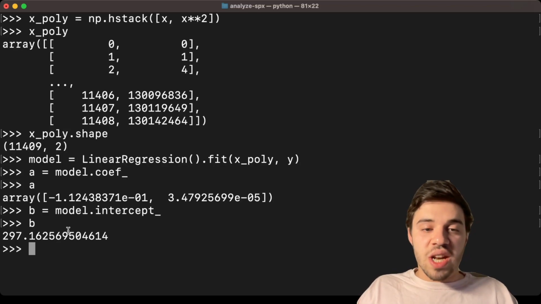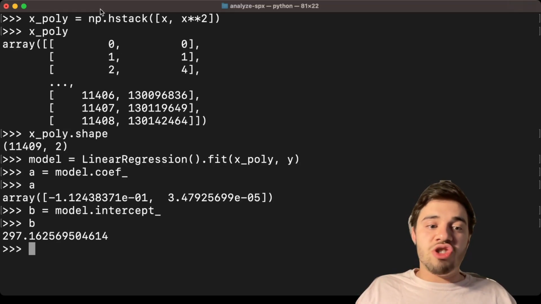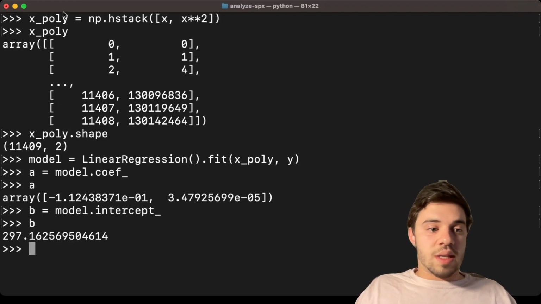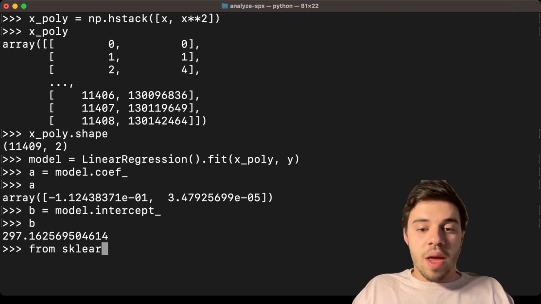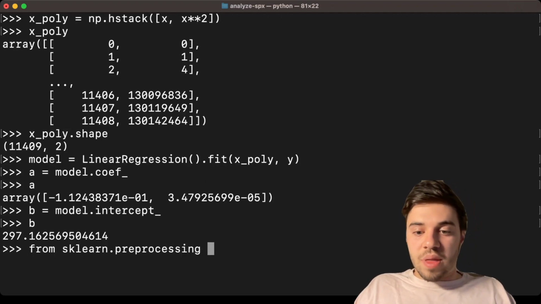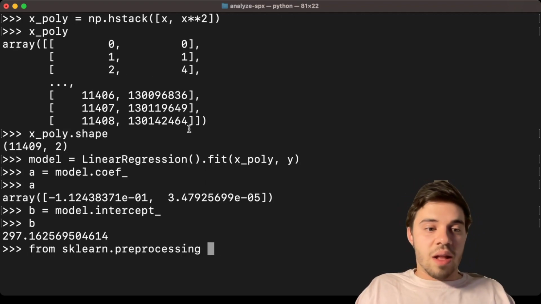It is worth mentioning that this works pretty well with 2 dimensions, or with an x squared function, but there is actually an alternative way to do this using scikit-learn. There's another function that you can use. So I'm just going to demonstrate this here. You don't need to follow along with this step, but it's good that you know that this is here. So scikit-learn includes this